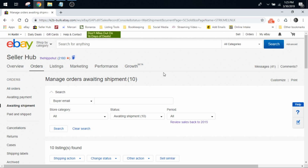Today I'm going to show you how to do a bulk shipping scan sheet for your shipping. This is a sheet that you would print out and take with you to the post office, or you can leave it on your porch if you do pickups, and your postal worker scans one barcode and it checks in all of your packages, no matter how many there are, and allows you to keep that stellar rating for shipping